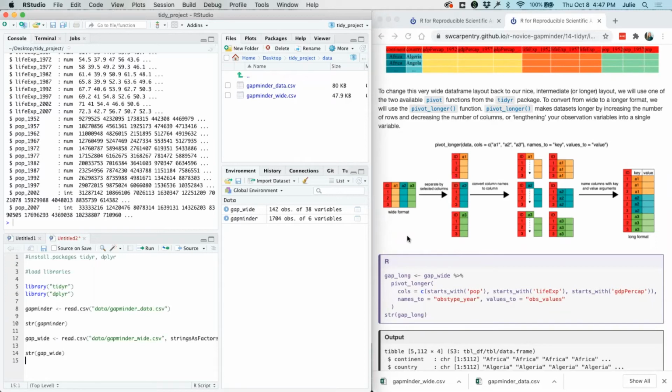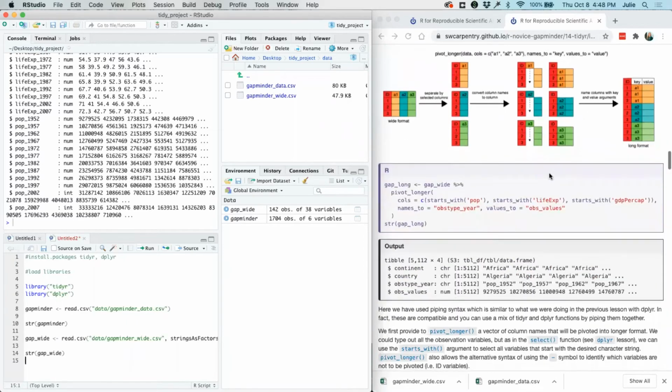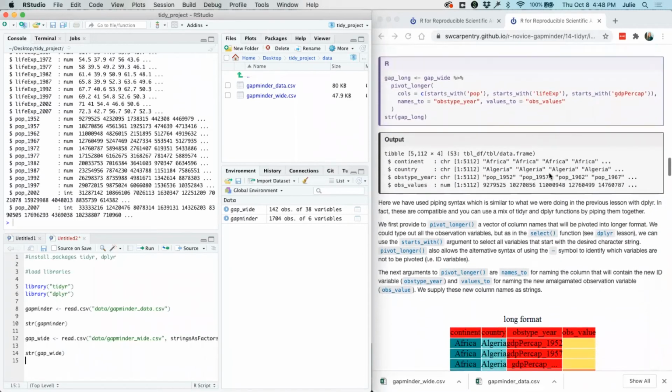So we're going to use this template: the pivot longer data, what columns we want to look at, what convert column names to column, and then this name columns with key and value arguments. So that's the template that we'll be working with our data.